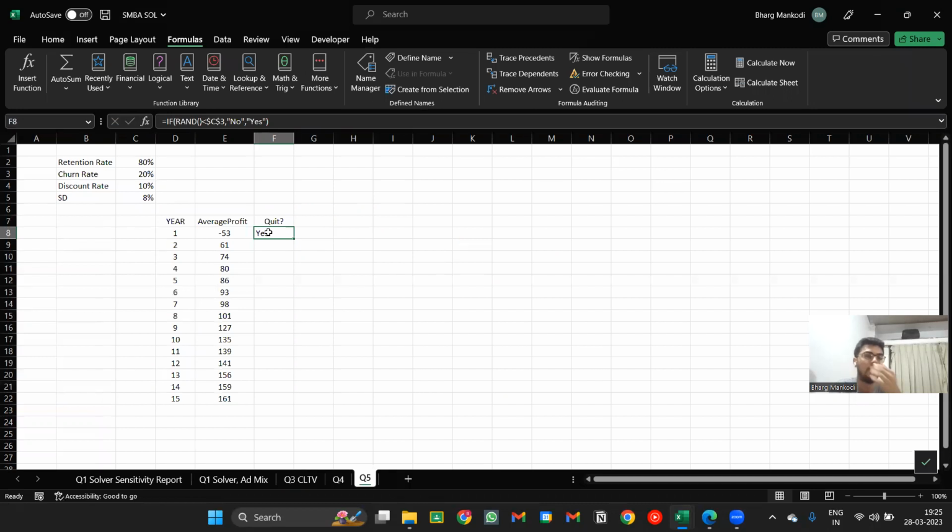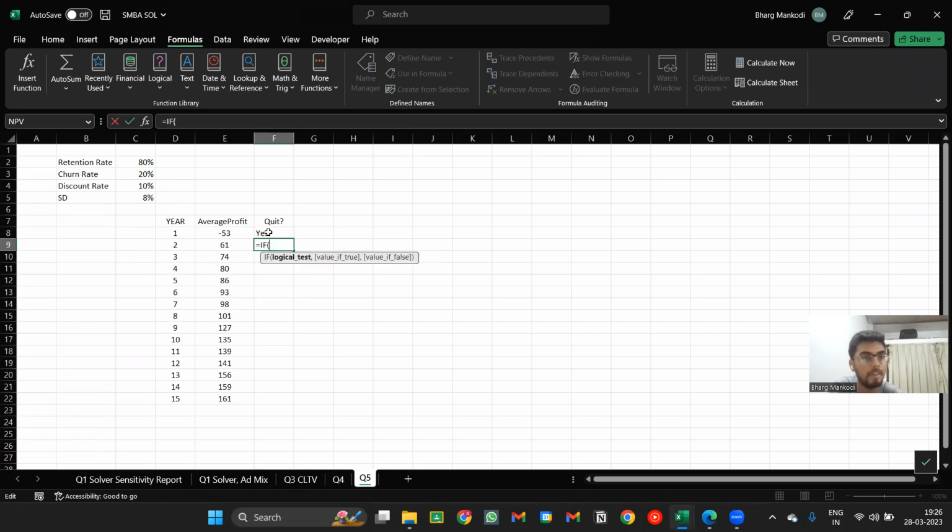Right. So if the person has not quit, only then will we do comparison against churn rate again. So this same formula will be nested inside another if formula. It will be if the previous value is no, and because you're comparing text, there will be a double quote. Then rand,